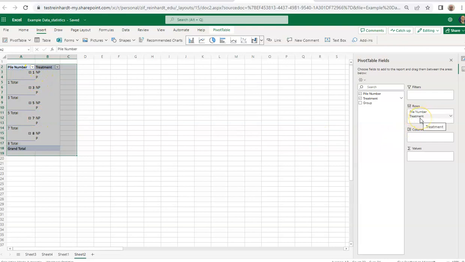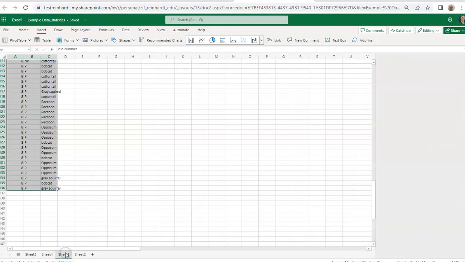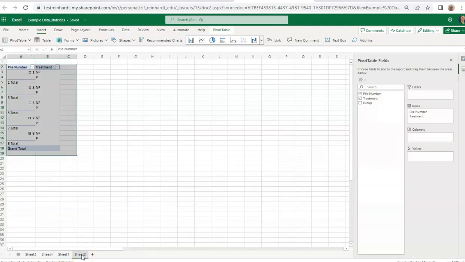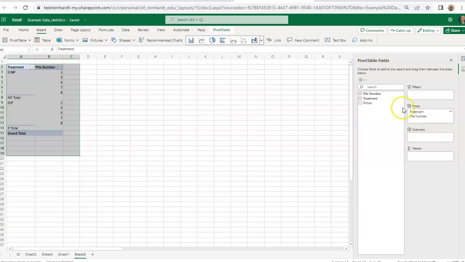Play around with this a little bit. You're not going to affect your data. Your data's back over here. It's just doing its thing. So if you take treatment and drop it on top of pile number, then it's going to arrange it differently. Right? And in fact,